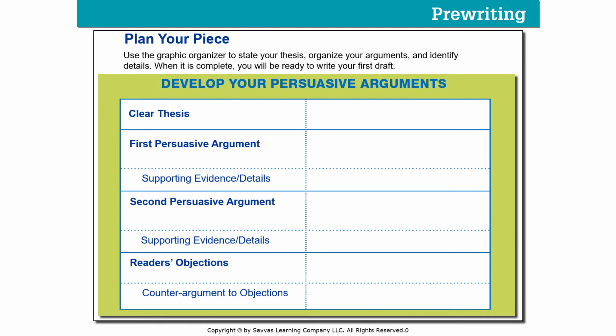All right. So the first step of the writing process is pre-writing. It means before you even start writing. What should you do? You have to plan your piece. How can I do so? By using this table. Use these graphic organizers to state your thesis, organize your arguments, and identify details. Only when you finish completing this table can you start writing your